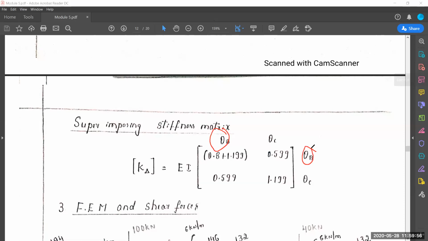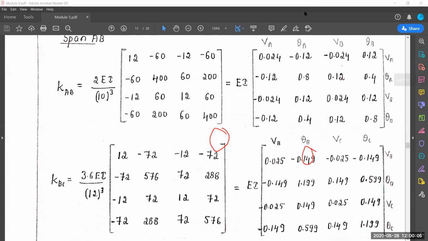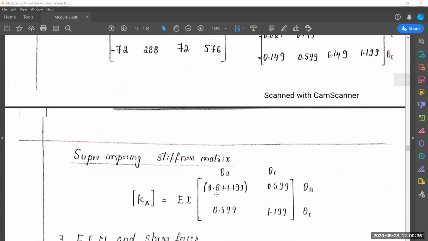So now go back to your stiffness matrix and observe it. So theta B, where is it? Okay, see, theta B is here and theta B. 1 I got. That means this value, right? 1.199. It's in the order. Here also, theta B versus theta B. So how much did we get? 1.199 plus 0.88. Just because there are two values, I have to add those two. Got it? 1.8 plus